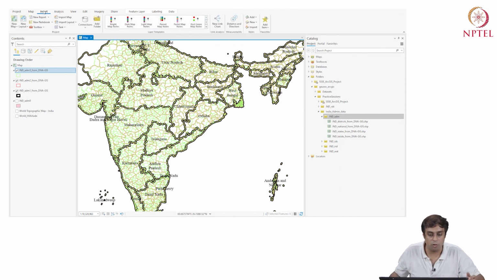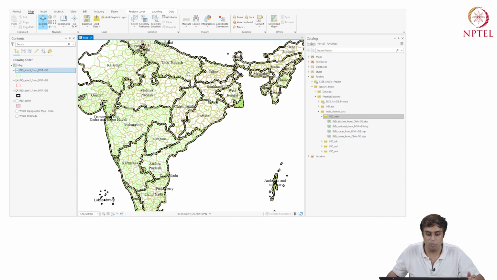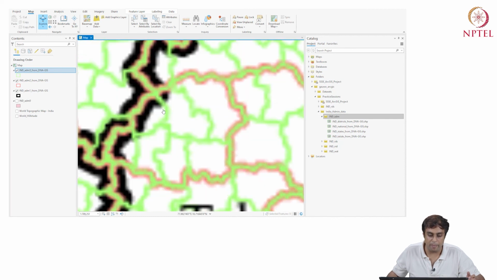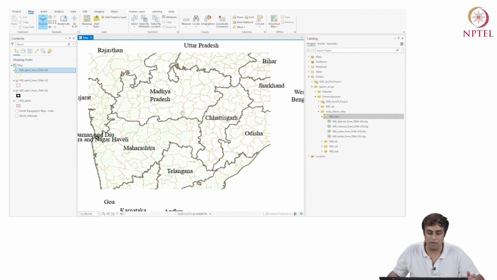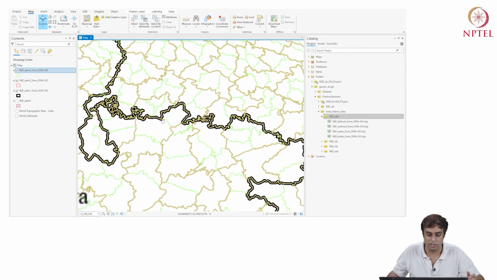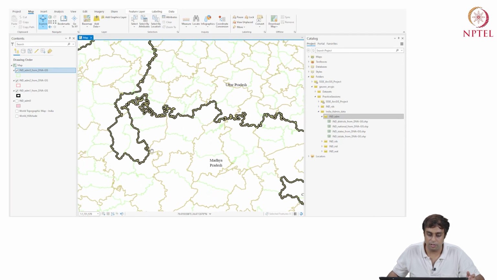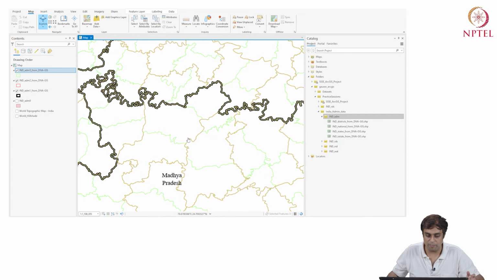One last tool I want to just talk about before we move on is this tool called Measure. So let's say I go on to this area where I'm at the border between Uttar Pradesh and Madhya Pradesh, I can use this tool called Measure, and I can actually look at the distance from a particular district.